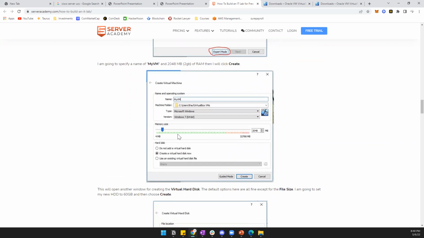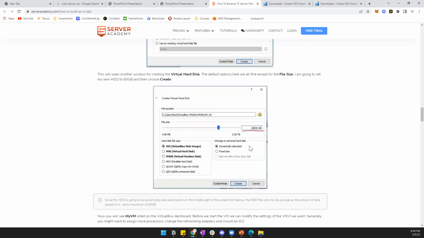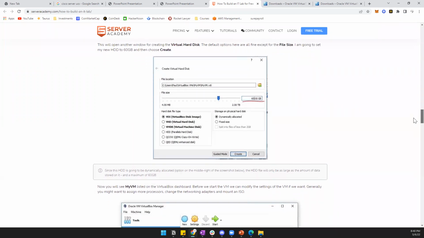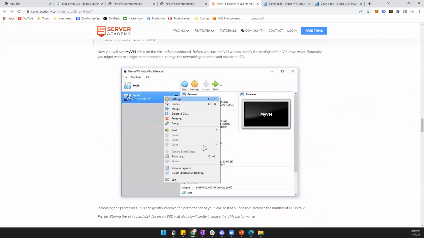And again, we're putting a little bit of memory because we're not gonna do nothing crazy. This is the instance of 60 gigabits, but that's for our virtual machine. That's how much we want to put on our virtual machine, not necessarily on our computer, right? So it's not gonna go on our physical hard drive, it's gonna go on a fake hard drive. And then it's gonna come up